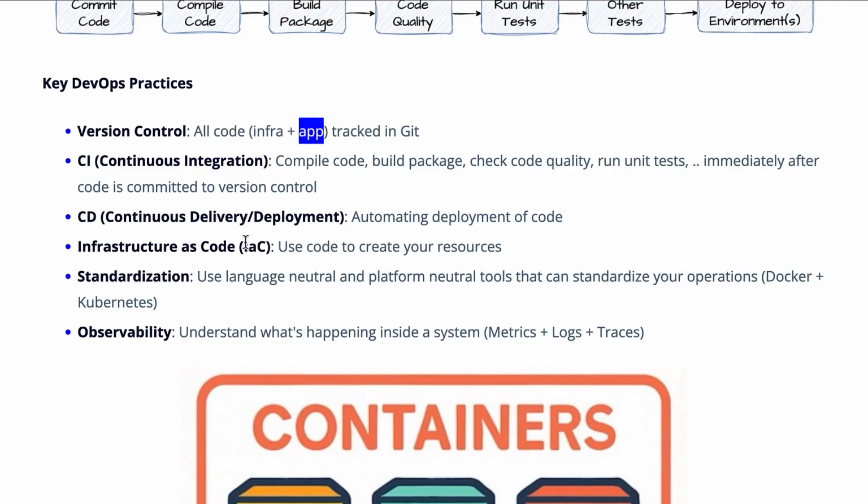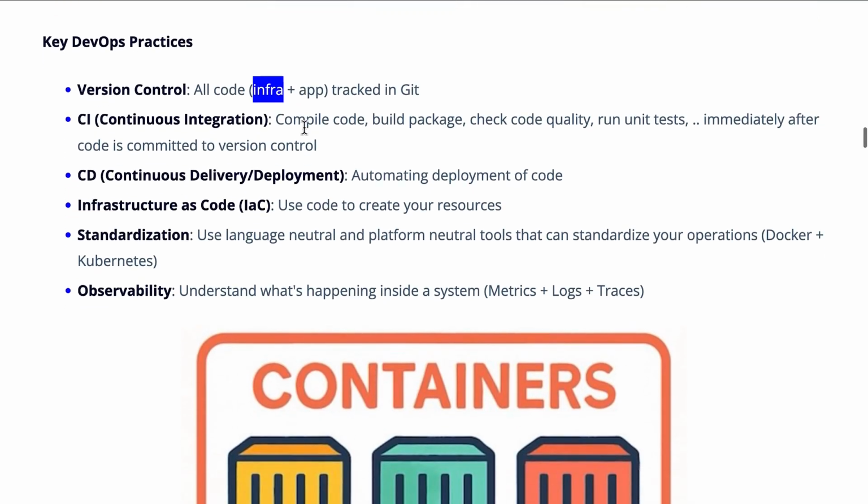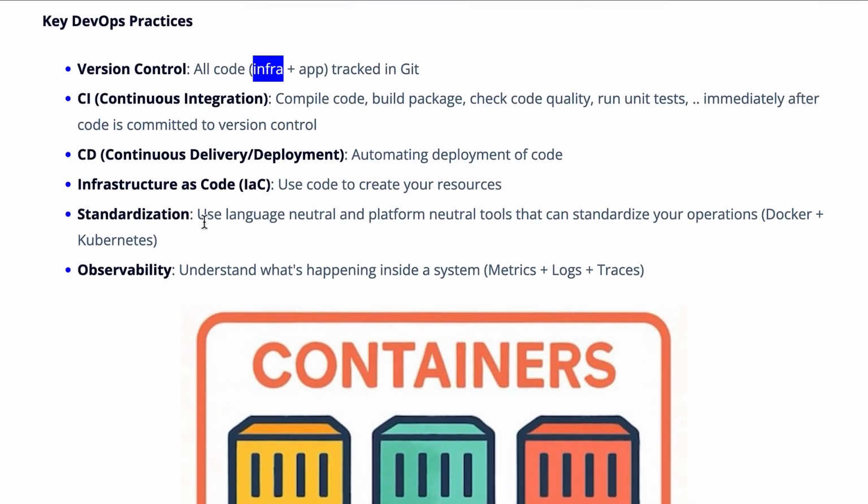The goal with infrastructure as code is to have even infrastructure code, the code which is used to create infrastructure, also in version control. So with infrastructure as code, the goal is to automate the creation of your resources, your environments using code, and have that code in version control. The next key DevOps practice is something called standardization.